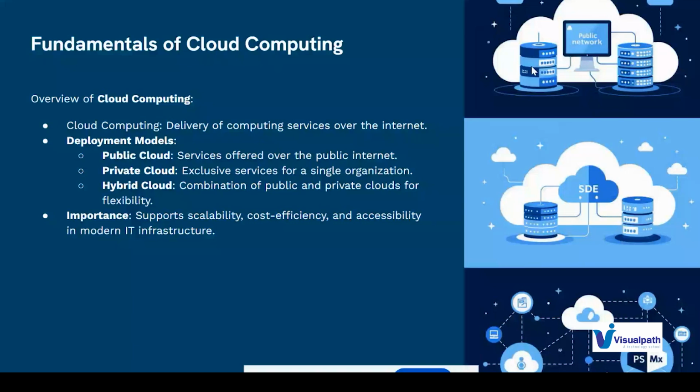Public cloud means services, computing and other services, that we can get over the public internet. Private means they maintain their own data centers, which we treat as a private cloud. Hybrid cloud means those who maintain both public and private clouds.